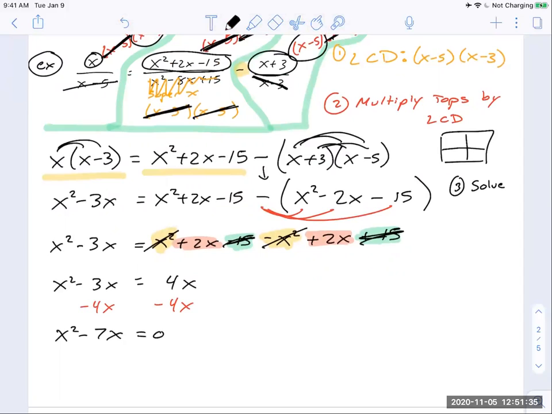What can I factor out? X. We know that this can split up to say x equals 0 and x minus 7 equals 0, therefore x equals 7. So hey, my two solutions for this problem were